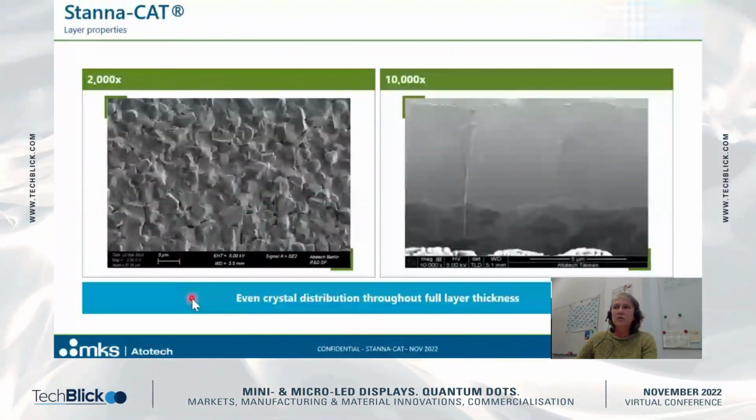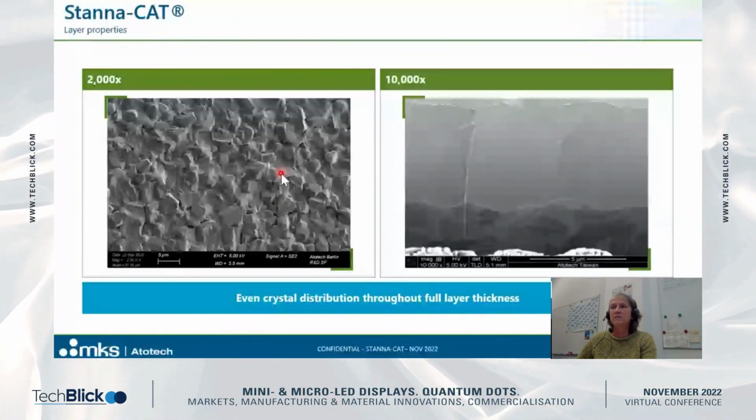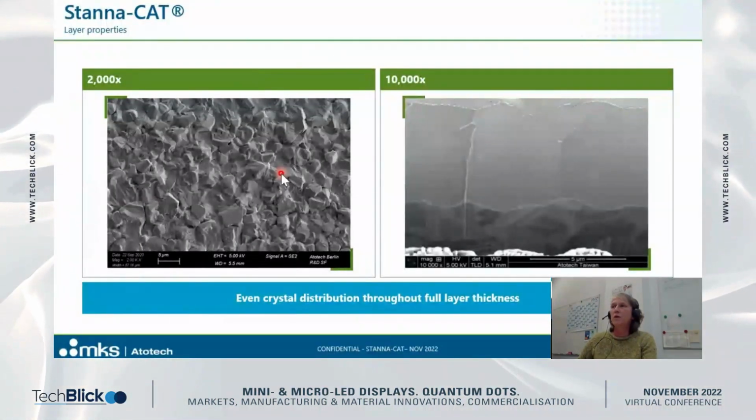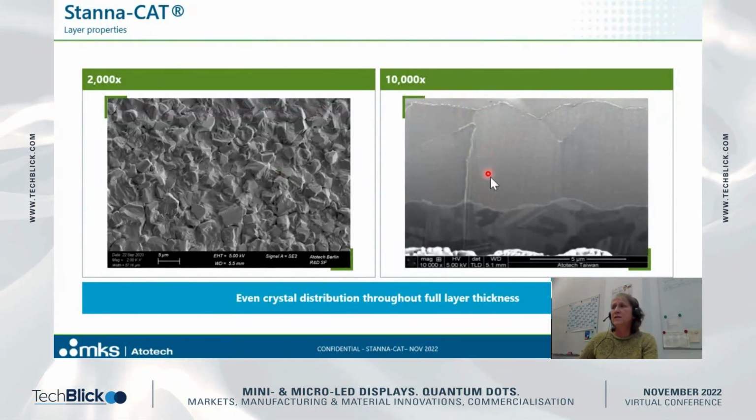How does a tin layer look like? From a top view, it's actually pretty standard tin deposition. But when we look at the cross section, then we see that we have really big tin grains here. So this is approximately 5